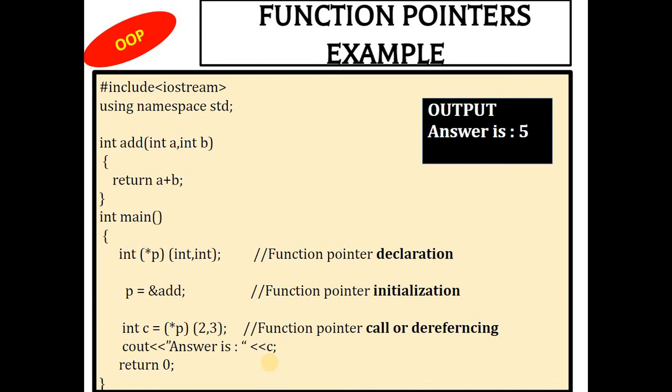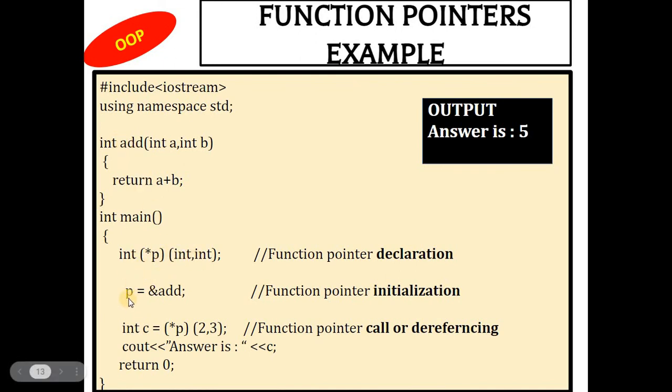Accordingly, see the program where we have written an add function with two parameters, a and b, which are of type integer, and we have added the two values inside the add function. Now this function has its return type as integer. In the main function, the first line says the function pointer p has its return type as integer, *p is the pointer variable name, and it has two int parameters. This means it is a function pointer which will point to a function having a return type of int and two integer parameters. So the function this points to is the add function.